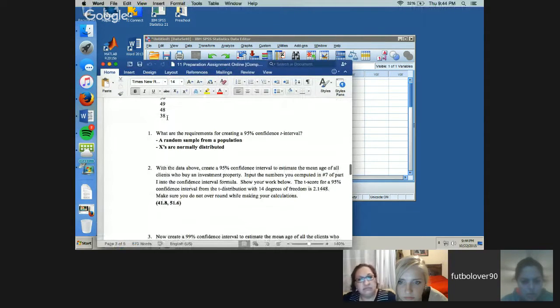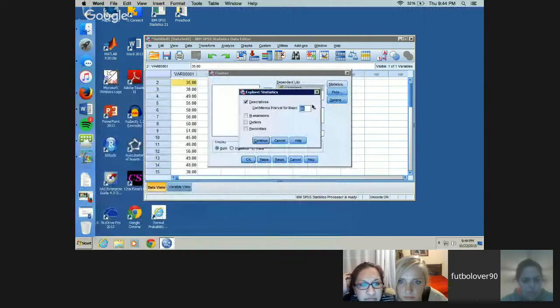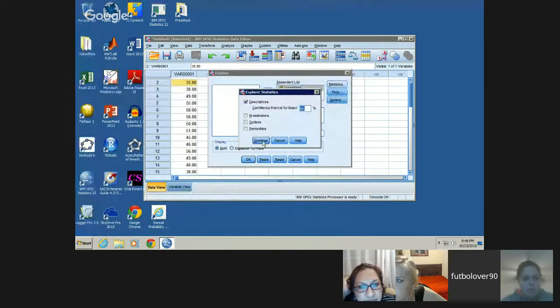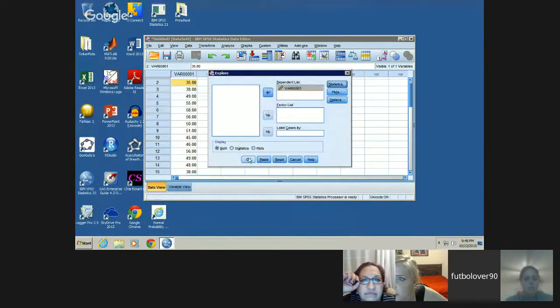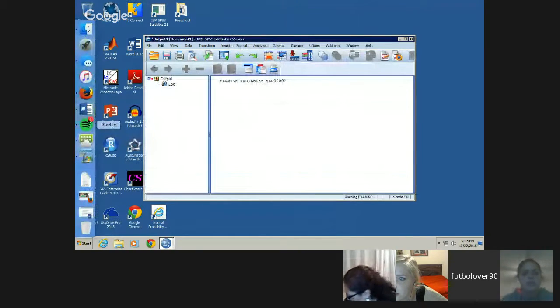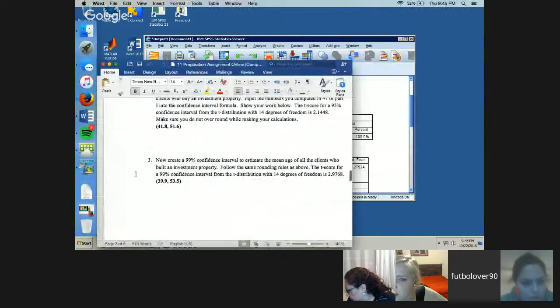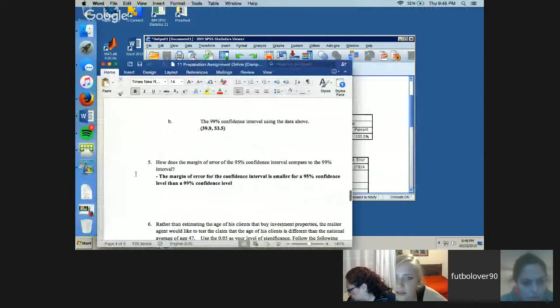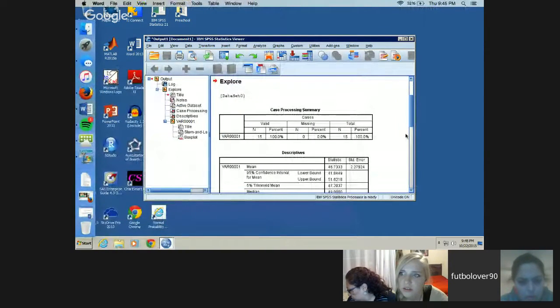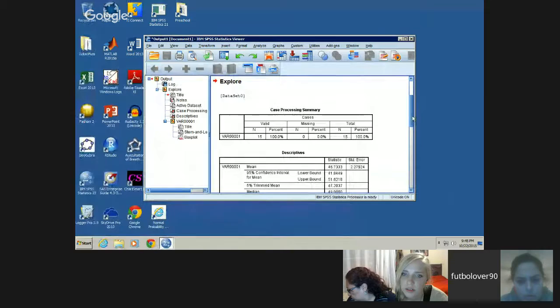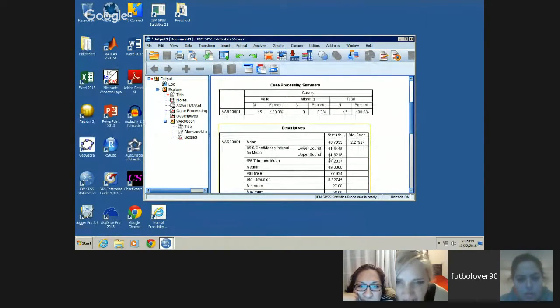It creates 95%, so it's already in there. Then you hit continue. Is that problem number 5? And then it'll show you the mean, confidence interval, and your standard deviation.